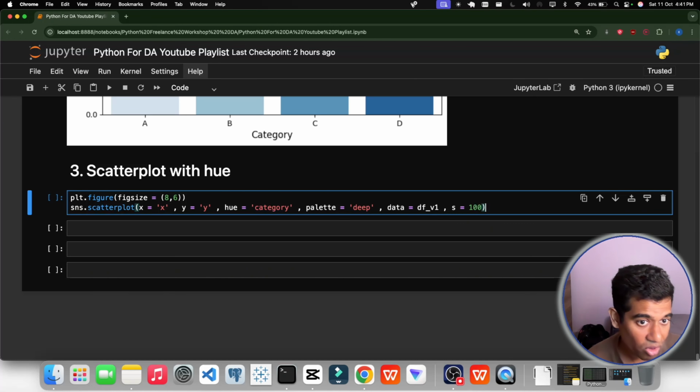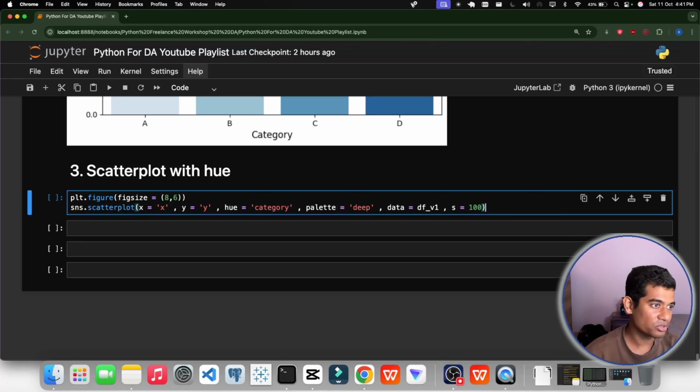So what is all this about? The hue parameter colors the points based on a categorical column, like here group 1 or group 2. It assigns different colors to different groups in your data, making it very easy to distinguish between them. Let's take an example.